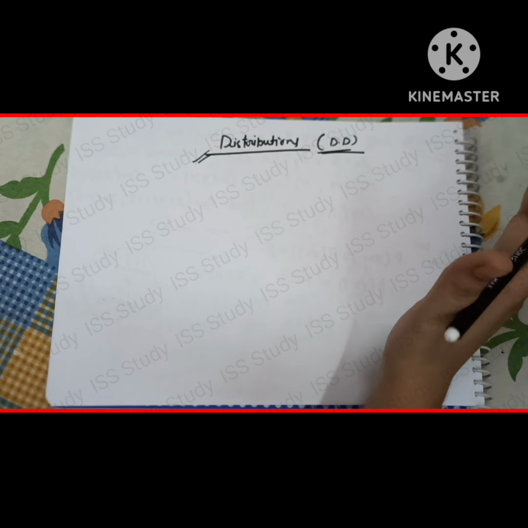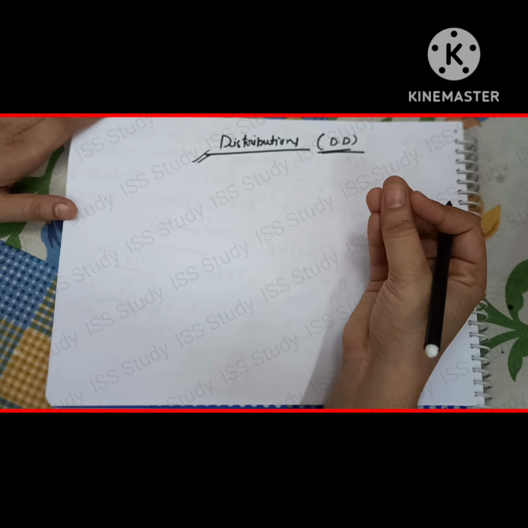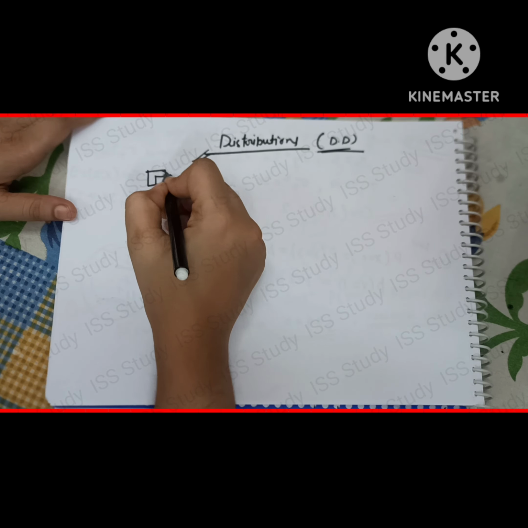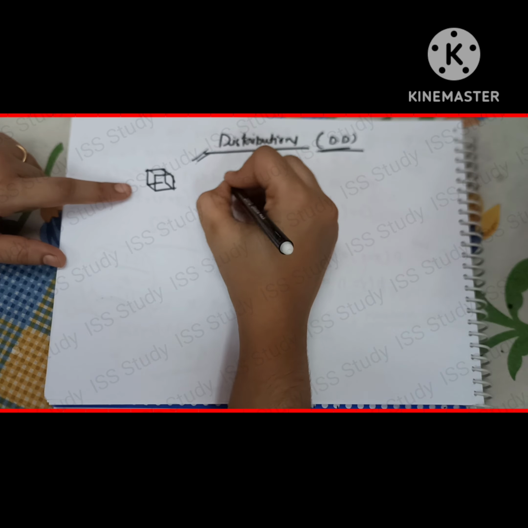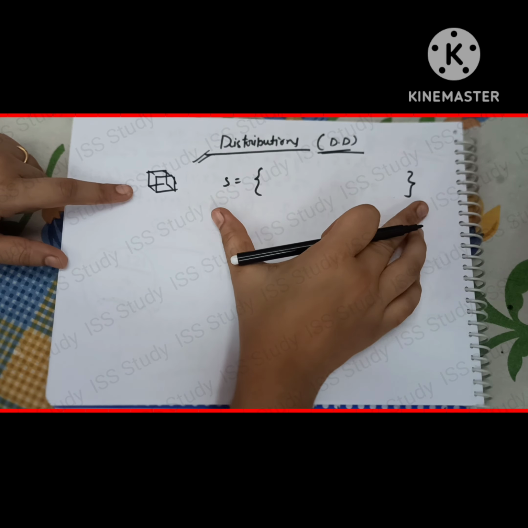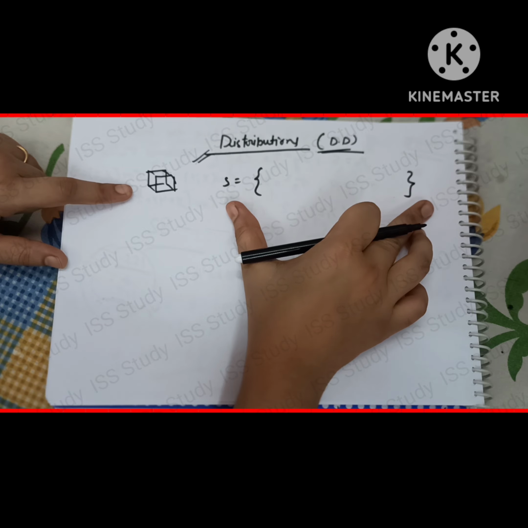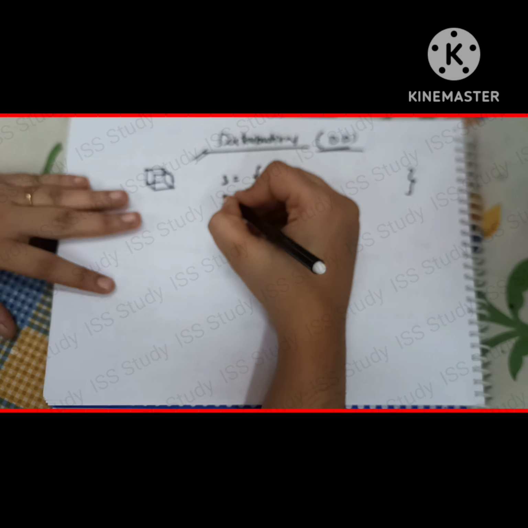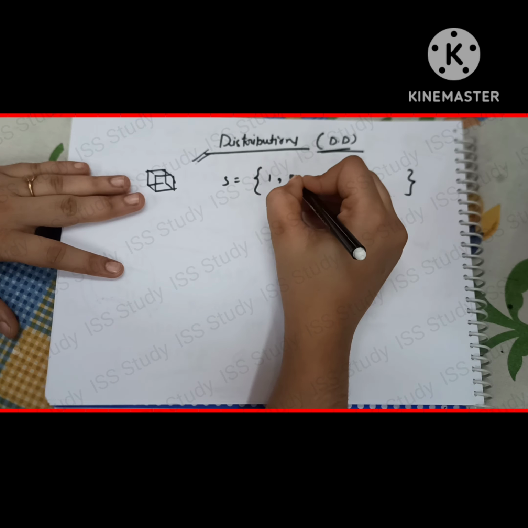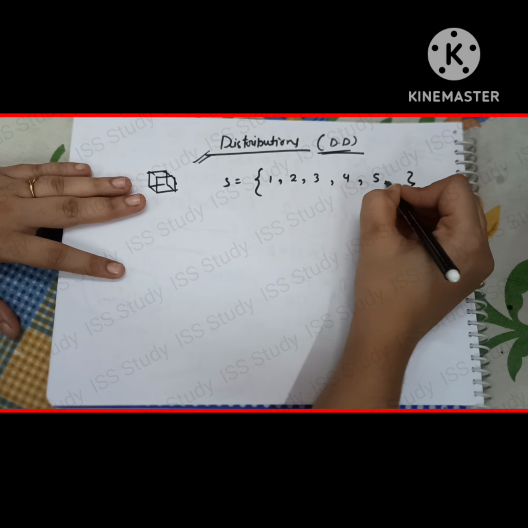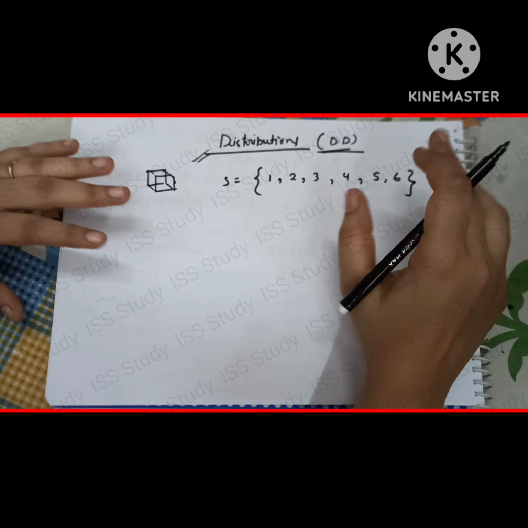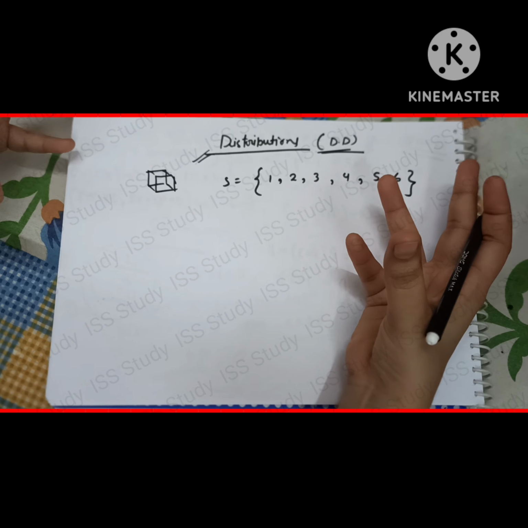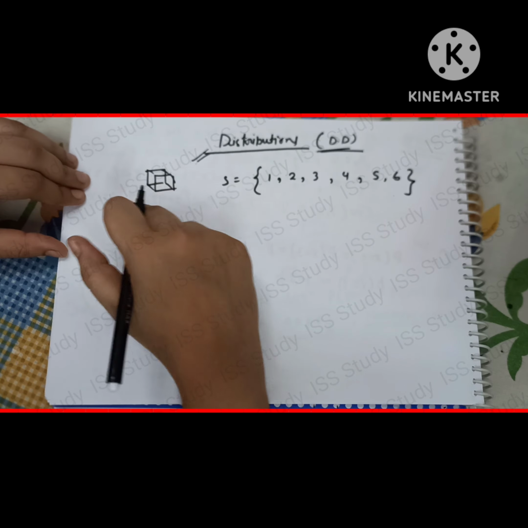In very simple language, take the example of rolling a dice. If we roll a dice, how many possible outcomes are there? This is the notation that I am using to represent a sample space, and in a sample space we always put all possible outcomes. So if you roll a dice, you will get either 1, 2, 3, 4, 5 or 6. There are a total of 6 possible outcomes, and we can attach probability to them. In the form of a discrete distribution or a PMF, how are you going to write this experiment of rolling a dice?